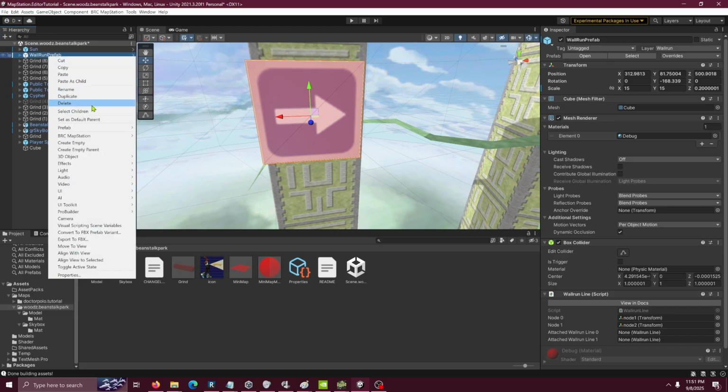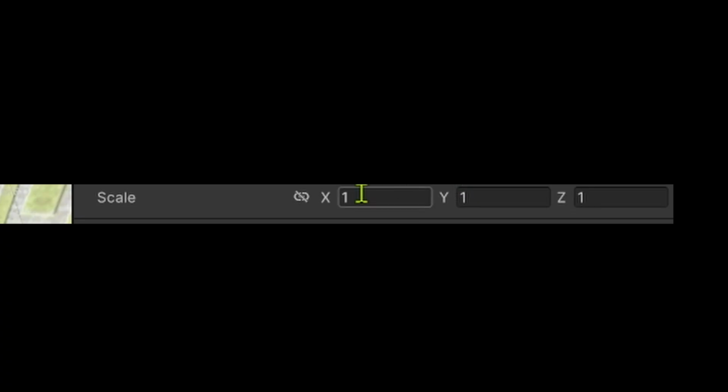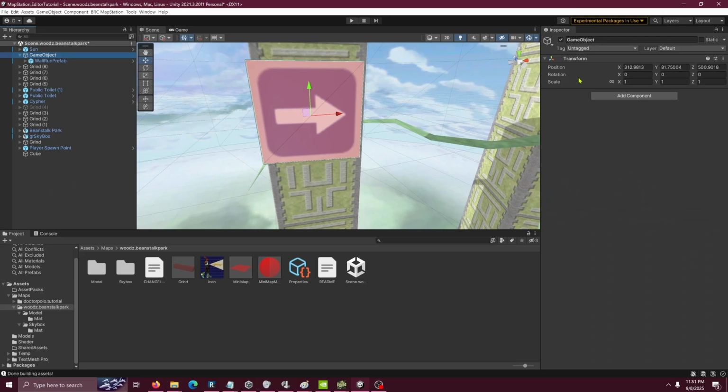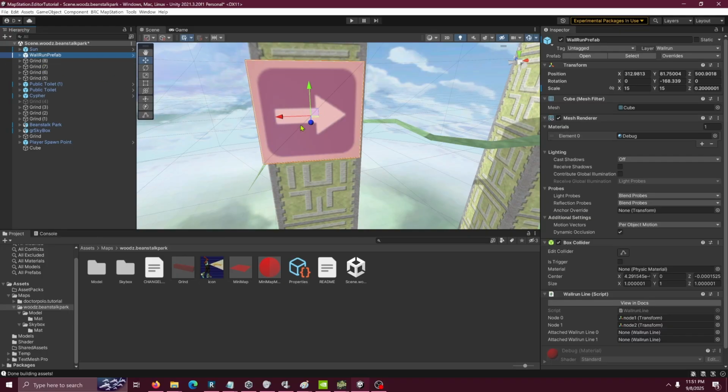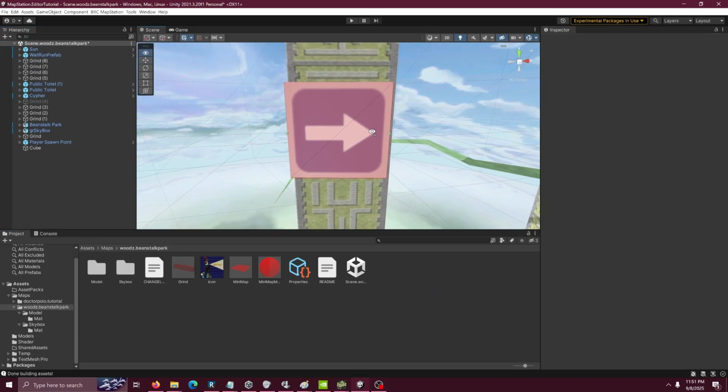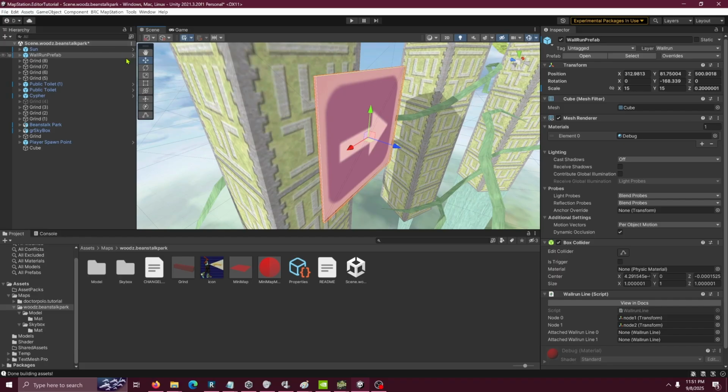So all you gotta do to fix that, just take it out of the game object that it's in, just have it be right with no parent. You can make it have a parent, but this parent has to have the scale 1,1,1. If the parent that it's in is scaled up or down at all, it's going to affect the goons and it's going to affect how you Wallride it, so you don't want it to be like that. You want it to be like this. Another thing to mention is